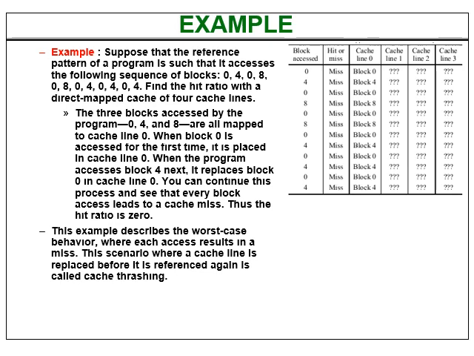Now, let's see. When the CPU tries to access main memory block number 0, obviously at the very beginning the cache memory is going to be empty. So it is a cache miss. The data will not be found in the cache memory, so the data will have to be brought from the main memory, and at the same time block number 0 will be mapped to line number 0. It is direct mapping, so block number 0 is going to be mapped into line number 0 mod 4, that is 0.